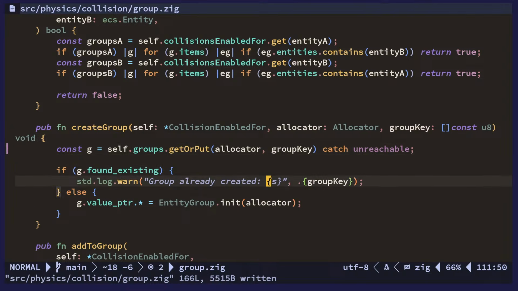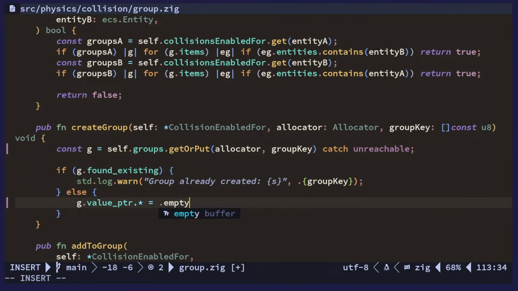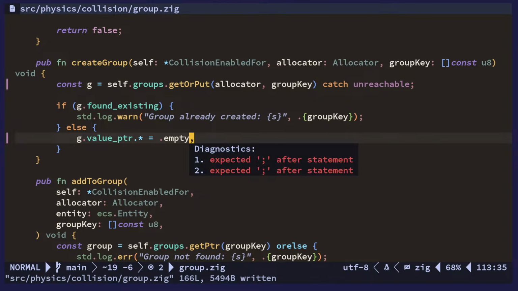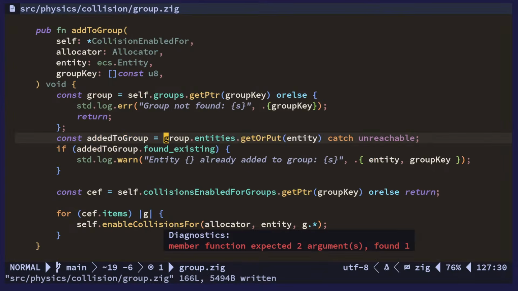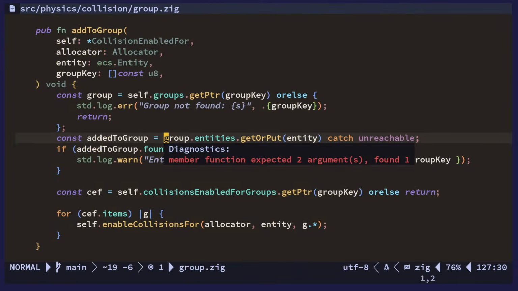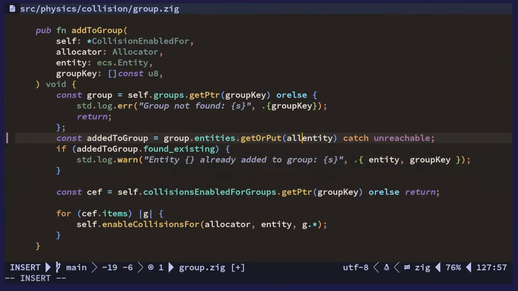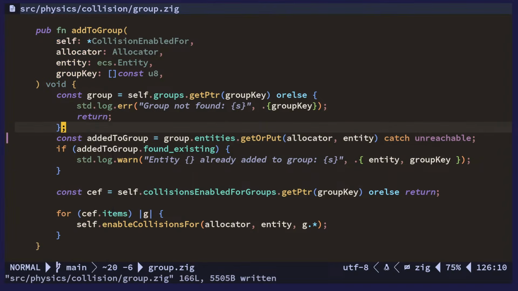I mean, we already pass allocators in here, so